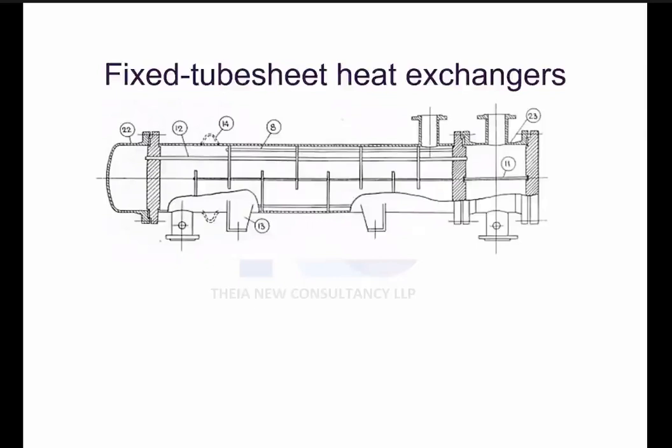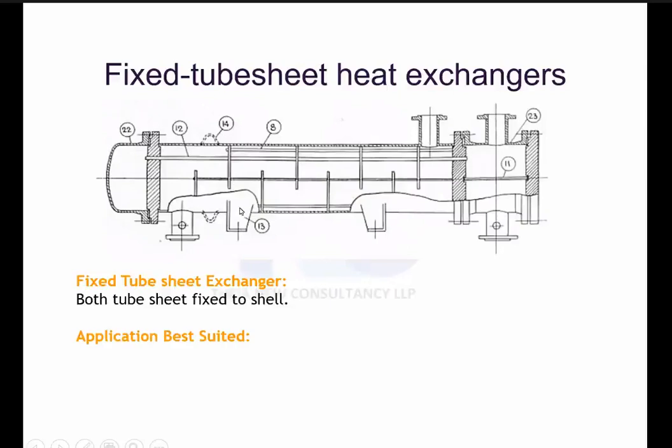So what is fixed tube? Fixed tube exchangers, you have the tube sheet. The tube sheets are fixed to the shell. So this is called fixed tube exchangers. This is the most economical exchanger, very cost effective, and it has some limitations also. So you cannot use fouling fluid in the shell side. Remember, whenever you are using this fixed tube exchanger, we cannot use a fouling fluid on the shell side. So if the shell side is a clean fluid, we can use fixed tube.